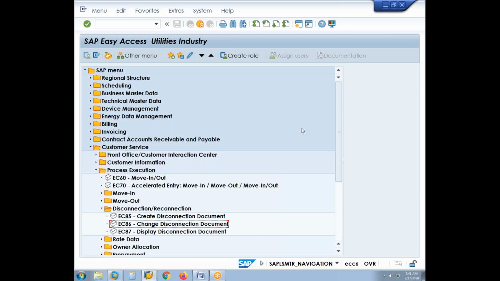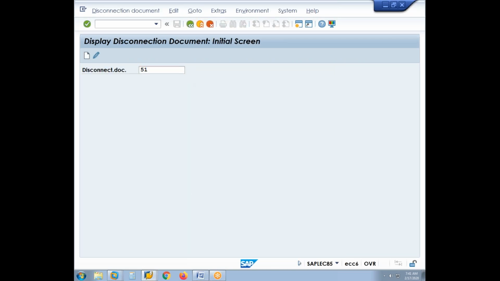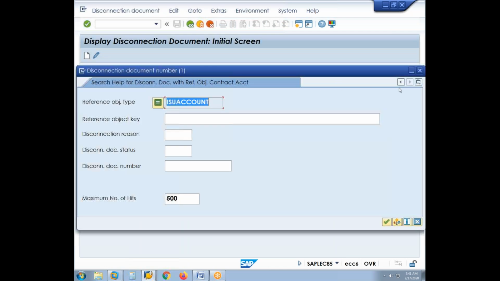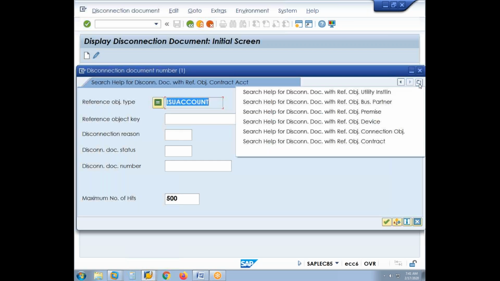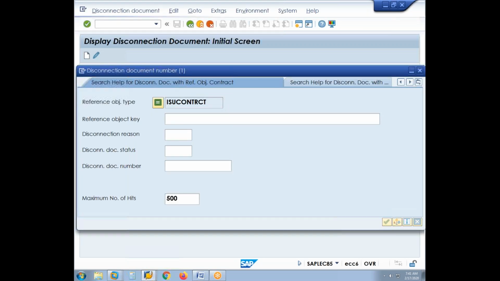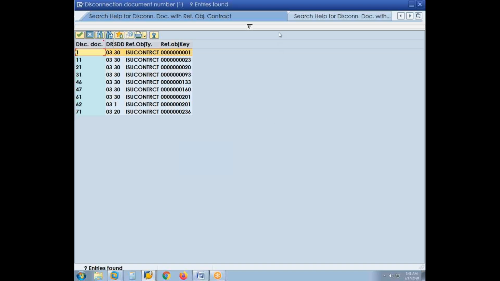Okay, so we'll continue with the disconnection. The other day we created one disconnection document. What is the document? We'll find out. So based on the contract, we had created the disconnection document. Now let us see. This must be the document